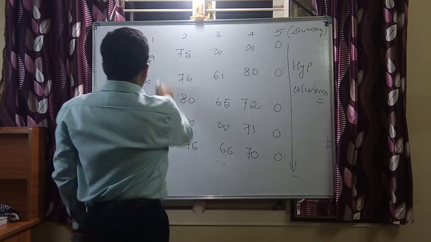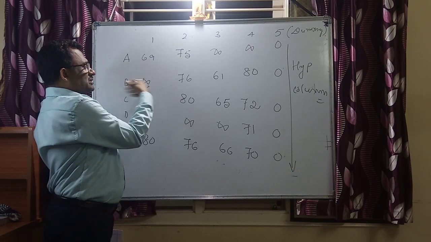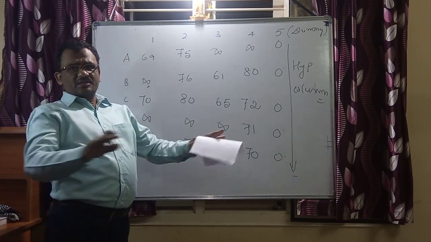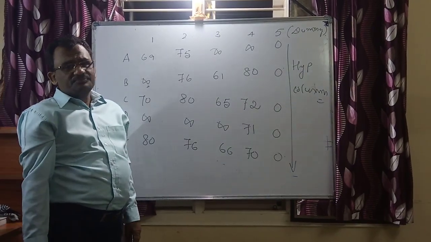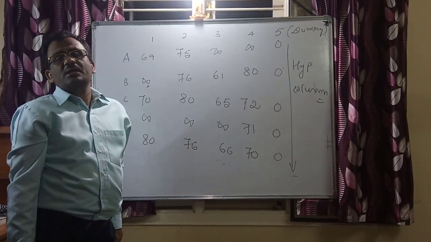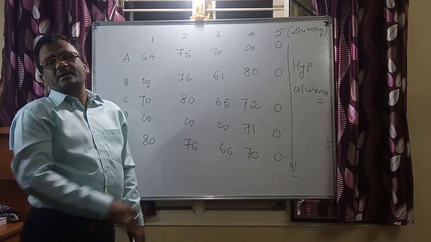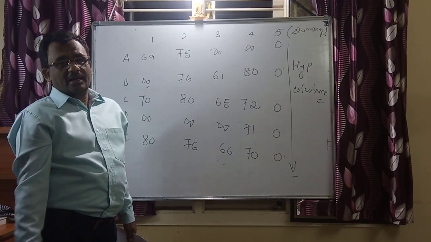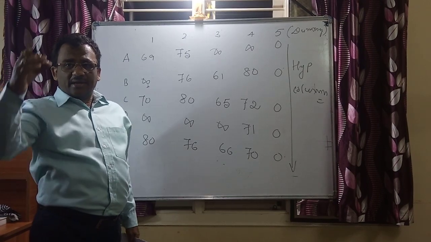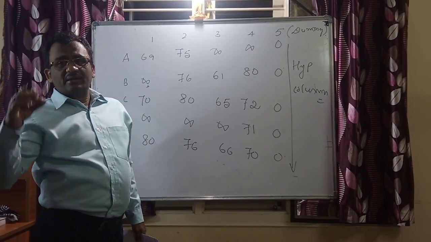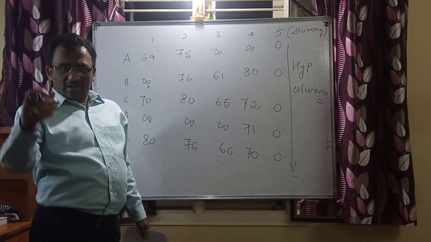If you say here the column minima, don't consider this infinite restrictions. Restrictions are beyond all considerations. If there's a restriction in a particular cell, maybe that particular row or column, don't treat it in any of your calculations, and no processing is done, and that is taken out of all your Hungarian treatments or Hungarian procedures. You are going to retain that infinity till the end. Till the end, that restriction is maintained. Till the end of your solution, till the end of your allocation, you're going to have the restriction.